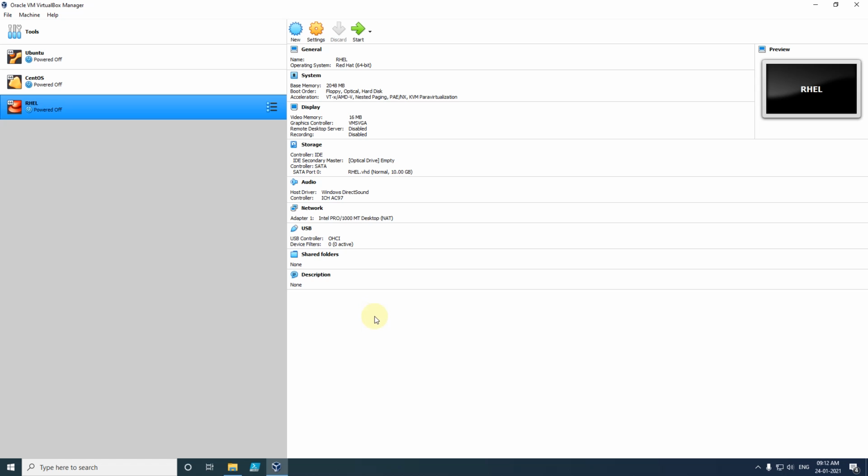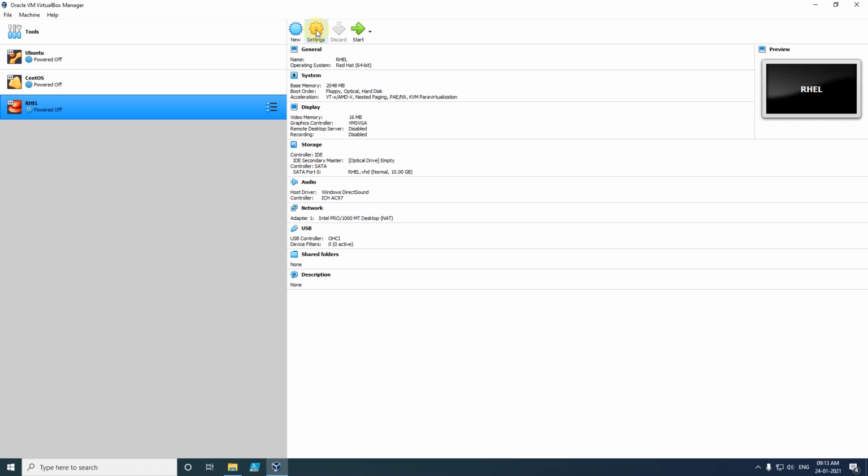In this newly created VM we have not yet uploaded the ISO image of RHEL. So in order to install RHEL we will have to upload the image, and after that we will need to start the machine, then installation will begin automatically.